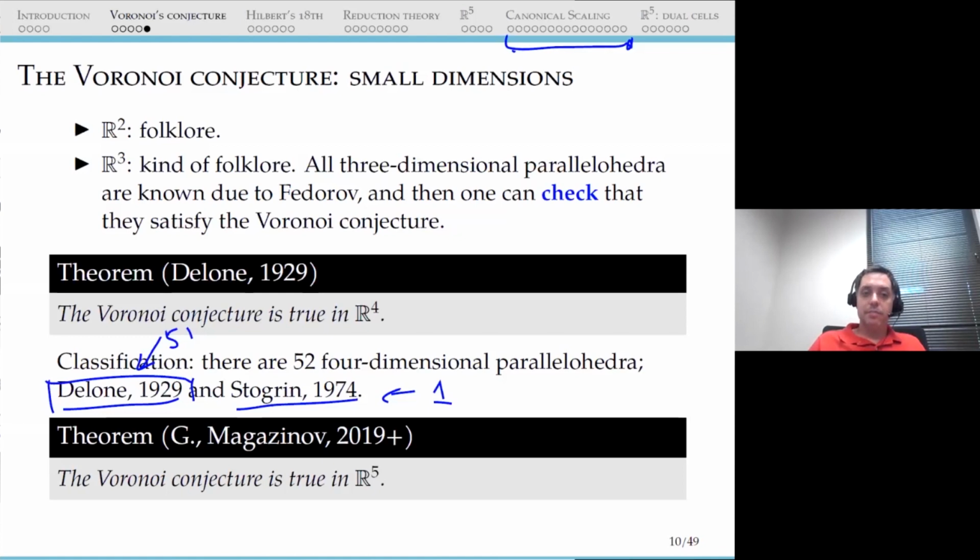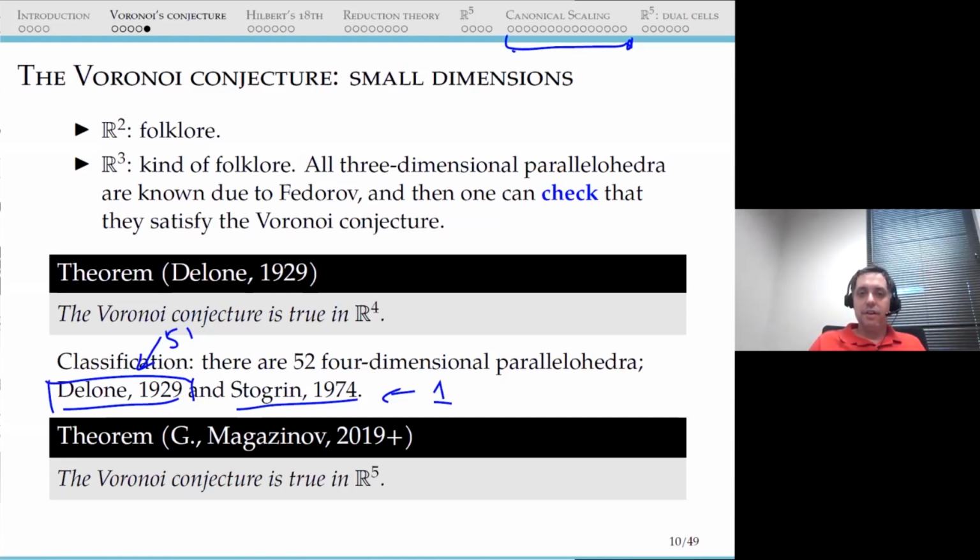So there is an approach to get some kind of classification, and that was done by Delaunay while proving the Voronoi conjecture in dimension 4, but it's not a classification of parallelohedra, but a classification of local structures that can appear there. And that's a little bit different, and that may work. But in general, first, the idea is to prove the Voronoi conjecture, and classification